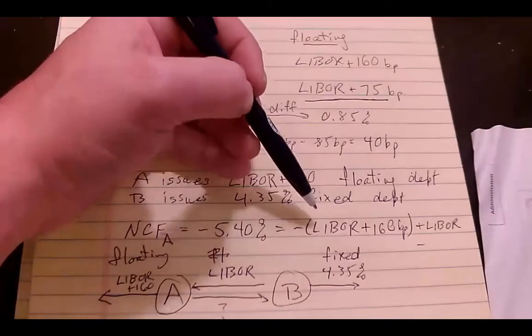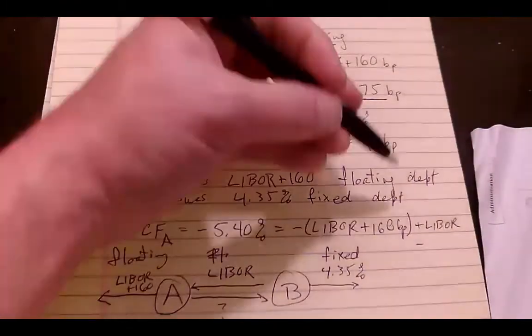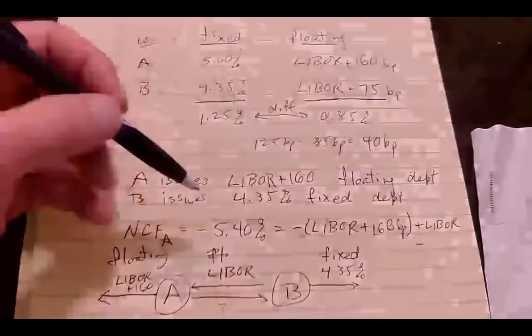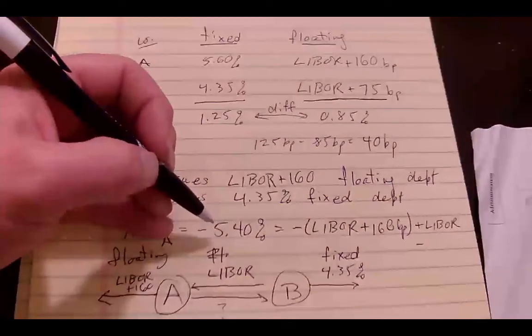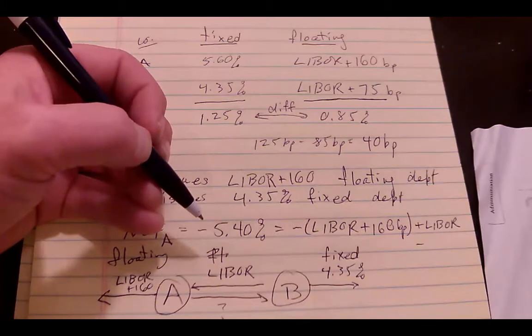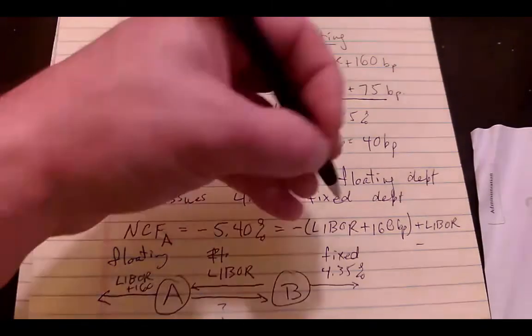They're paying LIBOR, they're receiving LIBOR, so the floating rate drops out. We're left with 160 basis points. 160 plus what? And they're paying 160 already, 1.6%. 1.6% plus what gives us 5.4, and that would be 540 minus 160 is 380, so